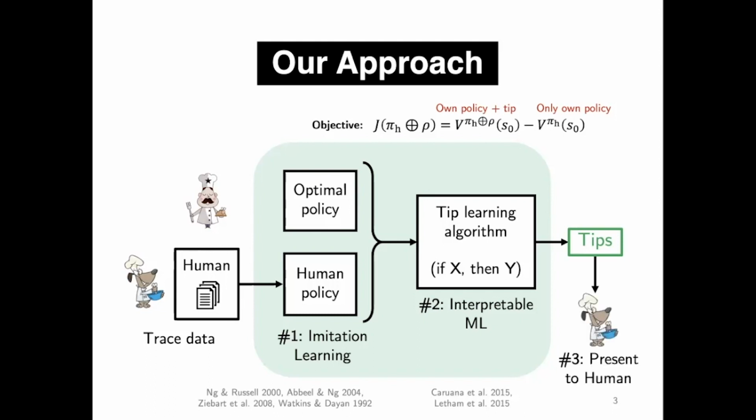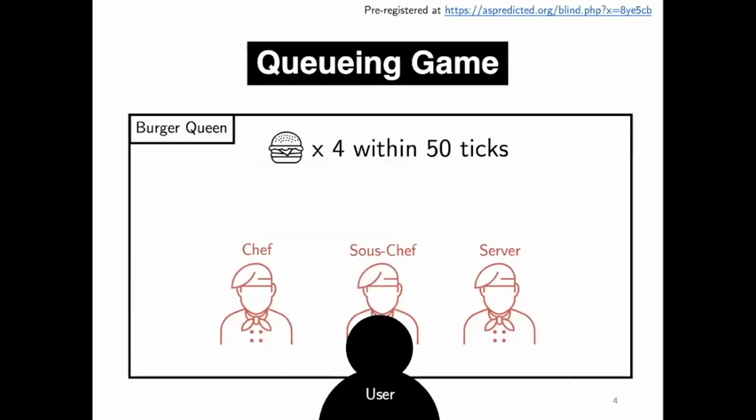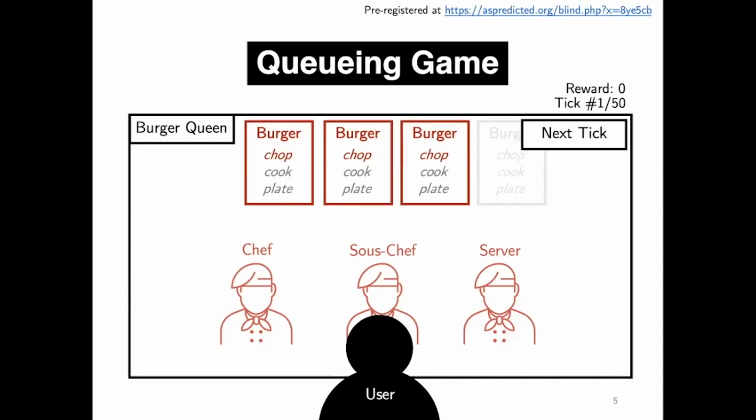And we will demonstrate our whole framework through our user study, where we design a simple kitchen management game. In this game, inspired by the popular video game Overcooked, the user has to manage a virtual kitchen by assigning tasks to three virtual workers who have different but unknown skills. So over time, when the dishes come in, you have to try assigning all the tasks to the workers so that eventually you will learn each worker's skill level and how to perform better.